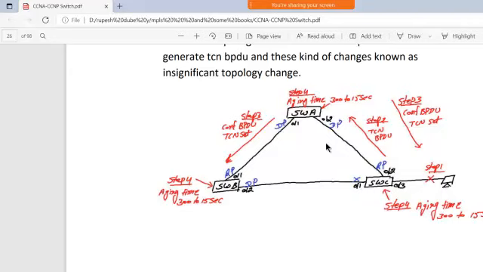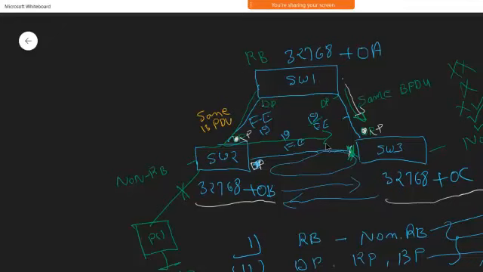First of all, they are going to start generating that, and then the aging time will be preferred over here, right? Because the aging time would be 300 seconds for this particular PC. Because of the PC that I have attached to this switch, the MAC address is learned on this interface of this PC, and this is going to be stored inside the CAM table.